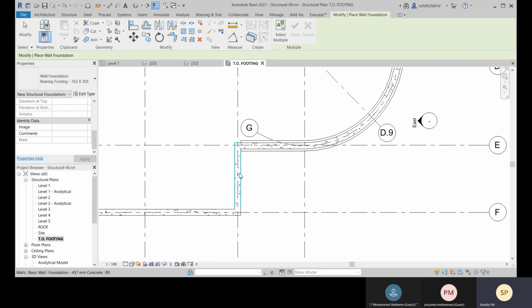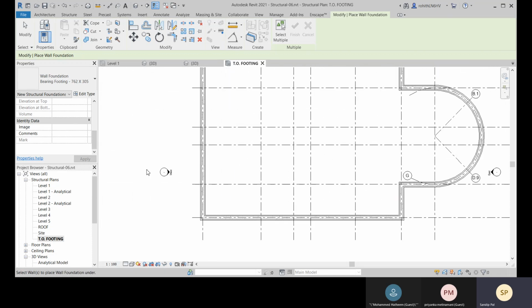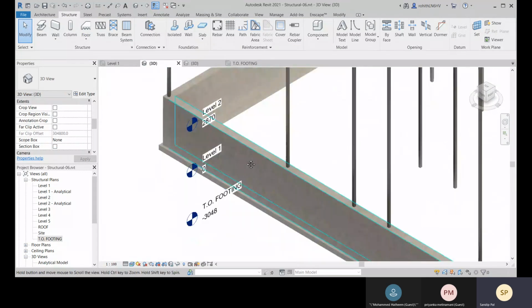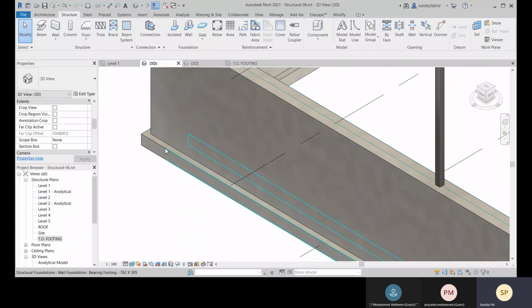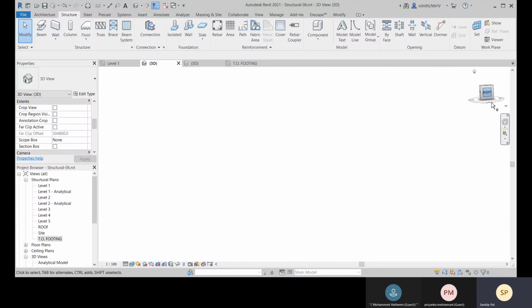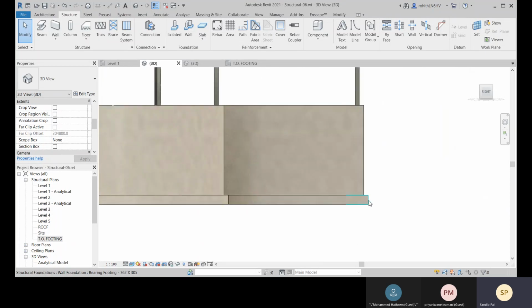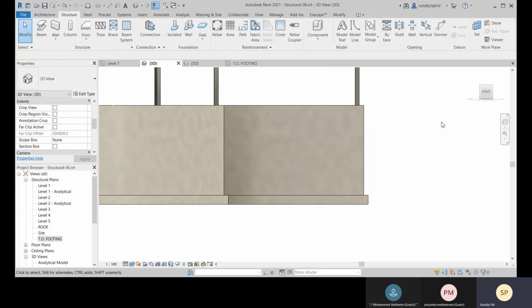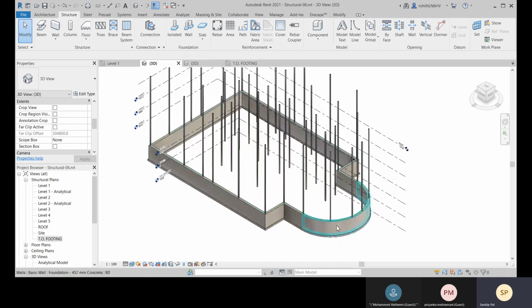No such big deal to place it. Now here it is done. You can click on modify, and you can come to 3D, and there you can see this is placed. And this is exactly top of this footing. You can see in the right view here, this is your footing, and this is exactly on the top of this footing. So this is how you will be placing it.